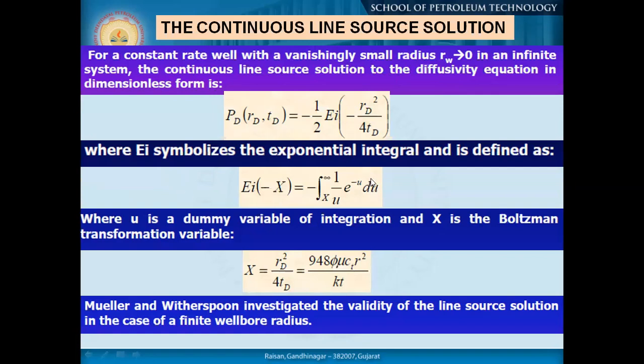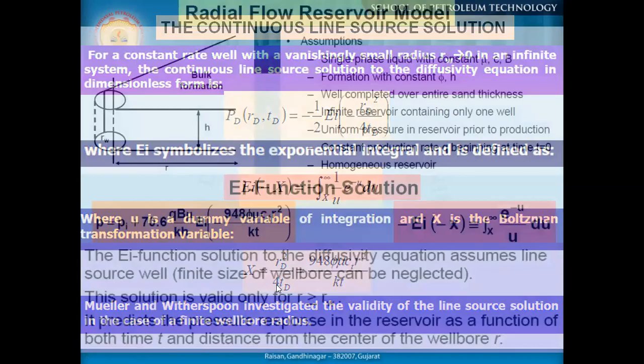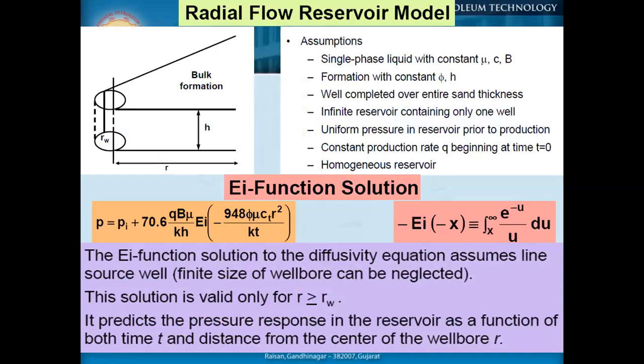As you know, for solving, RD and time away from the wellbore are continuously changing, so there are two variables. That's why people use a transformation. That means R and T have been converted to X. This X is nothing but the ratio of the radius and time. Using this formulation, people try to solve the line source solution.